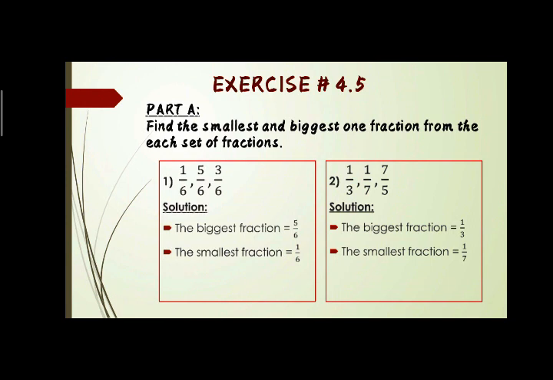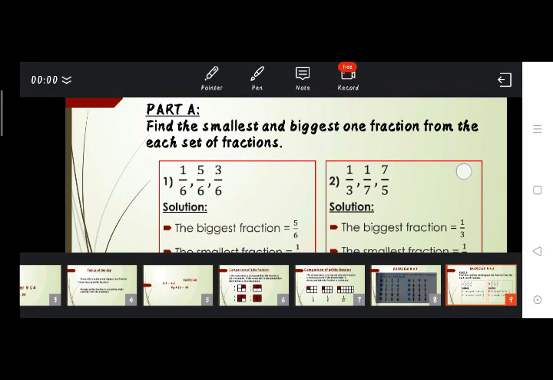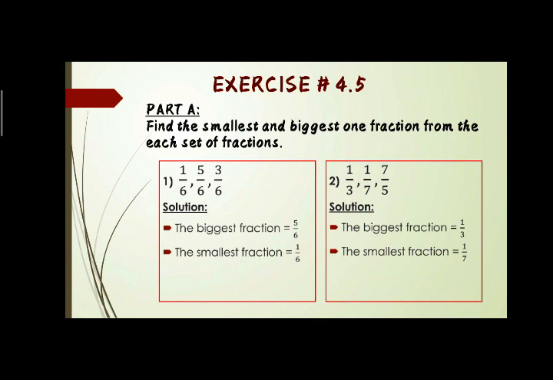How do we identify which one is the biggest fraction? Yes, recall your memory of the previous explanation. Look here, which is showing the less size of the part. 1 upon 7 is showing the less size of the part. It means it is the smallest fraction. And 1 upon 3 is showing the size of the part bigger than the other one. So the biggest fraction is 1 upon 3. We remember that if the denominator is decreased, the fraction is increased. If the denominator is increased, the fraction is decreased.